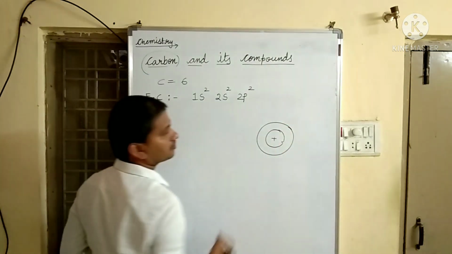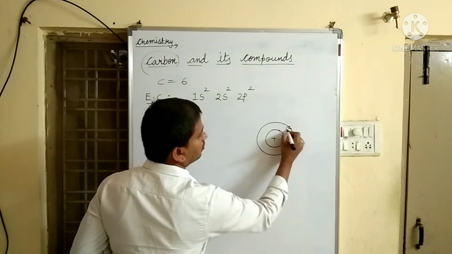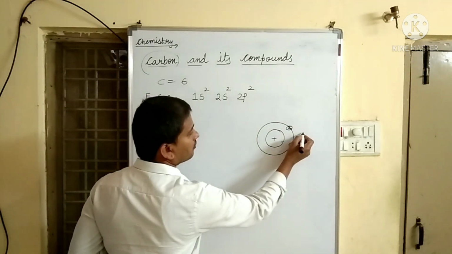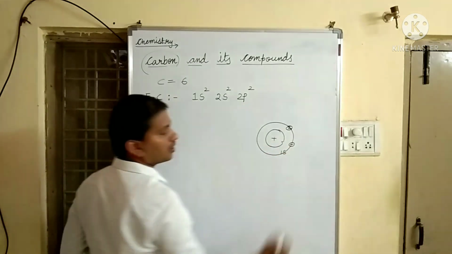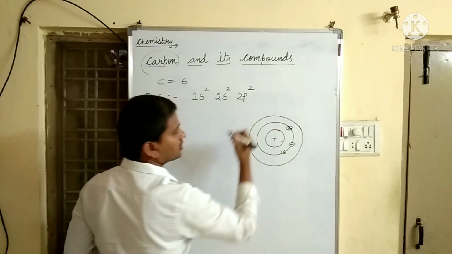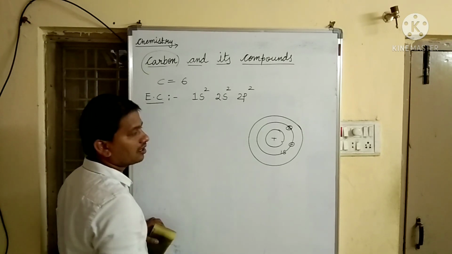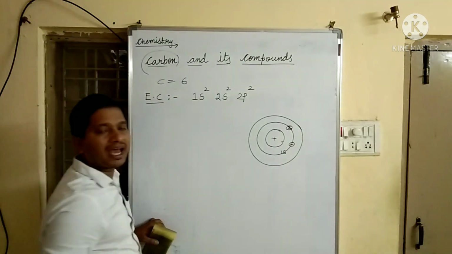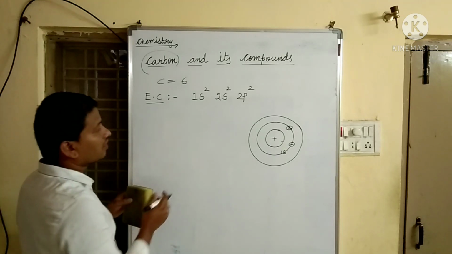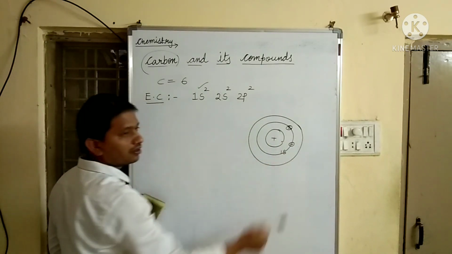This is our nucleus. First shell. How many electrons can we have in the first shell? We have 2. It can accommodate 2 electrons in the first shell, n equal to 1, which is called the first shell. The name of the subshell is s, right? And this is our second shell, energy level 2, n equal to 2. It can accommodate a maximum of 8 electrons, but in the first shell we already accommodated 2 electrons.